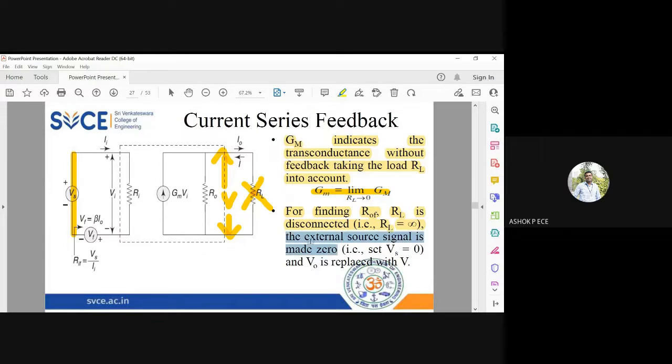These settings, we have already seen in voltage series feedback itself. Since it is a voltage source, we are making it a short circuit. If it is a current source, we'll be opening it. So the settings are very clear. Remove the load, apply an external voltage at the output side. Usually the input side has the external voltage, but if I want to find the output resistance, only if I apply a voltage at the output side will I know how much current is being supplied, right? So that ratio is going to be my output resistance. So things are very simple. Remove your load, apply an external voltage V, and short circuit your input, Vs equal to 0. And now